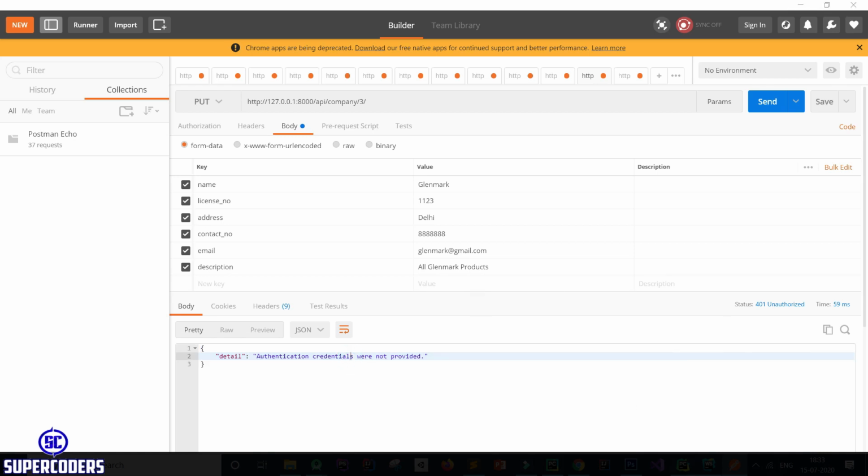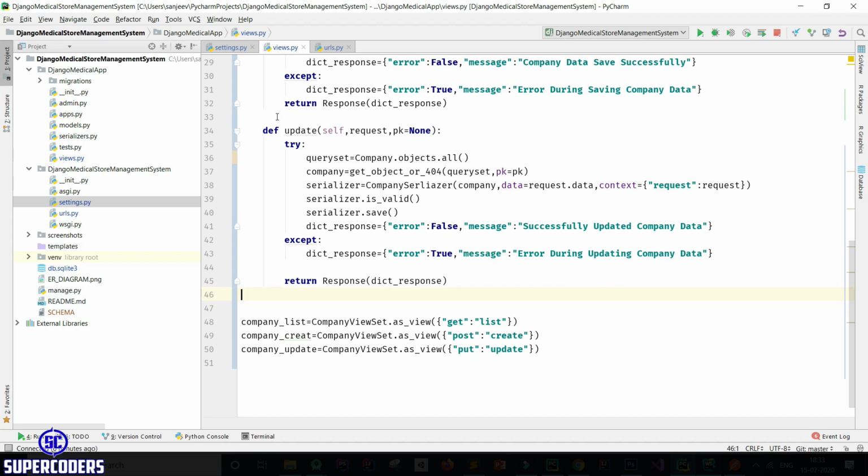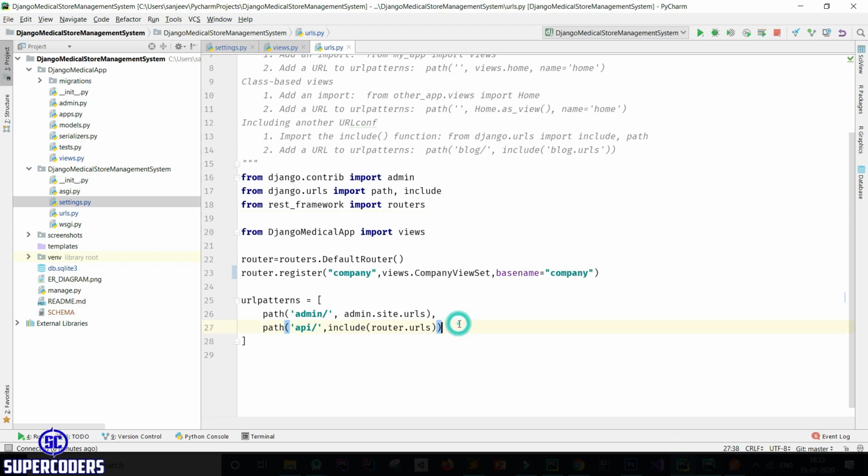Now come back again here and create a route for the token. So come back to the URL, adding a path for API get token, and in this passing, first add a comma here, then TokenObtainPairView dot as_view.